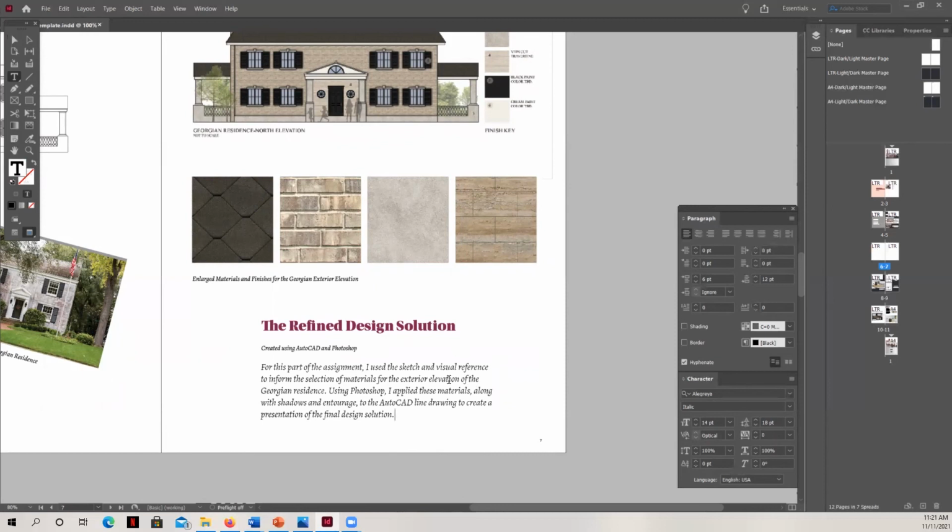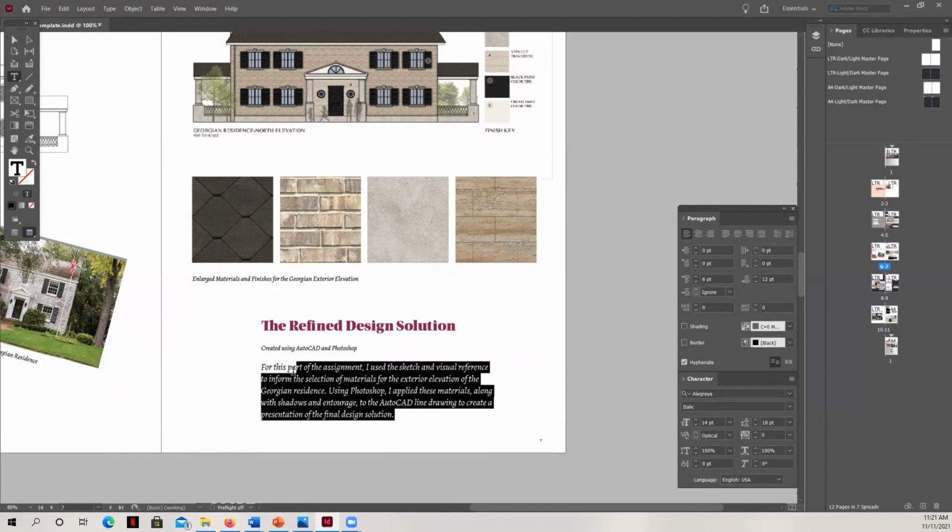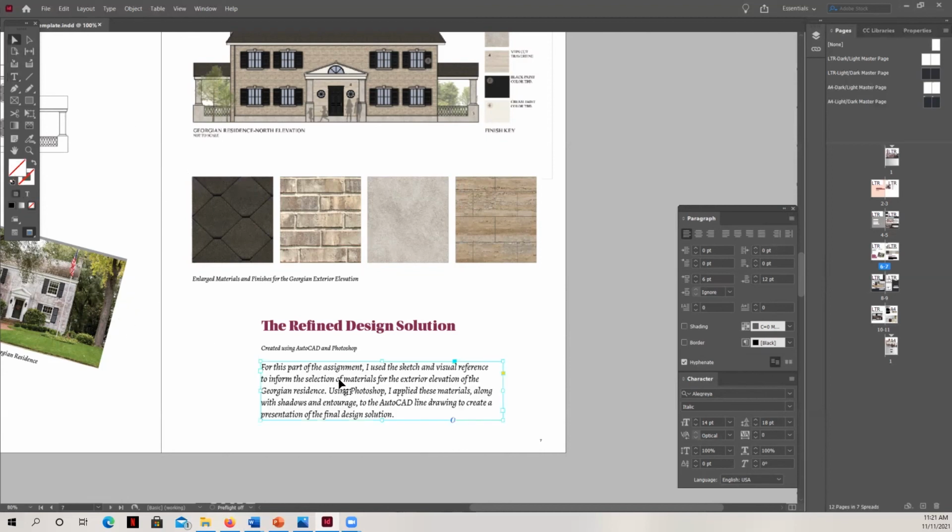Now, I have selected this and placed it in here and adjusted the text box. But I also want you to know that if you place text in, you can see right over here, it has the hyphenate box checked. And we do not hyphenate in formal writing, especially in a portfolio like this.